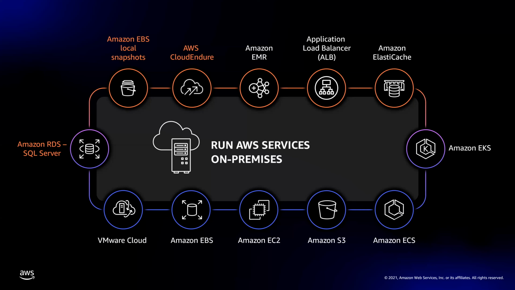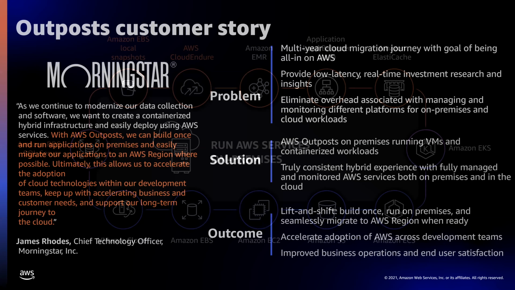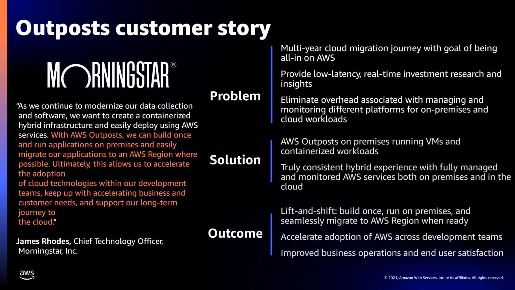All of these, think of it as a subnet or a different availability zone of your AWS region. And so you can manage these directly from the same AWS SDKs, command line interfaces, and APIs that you use today. When it comes to Outposts, we have customer stories about how they were able to provide low latency, real-time access to their applications using AWS Outposts. You can learn more about that on our website.